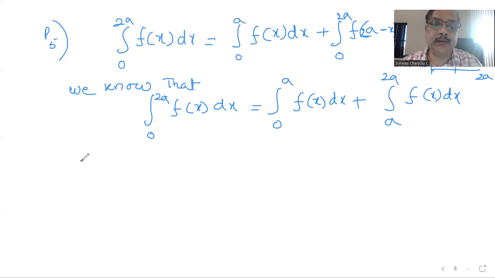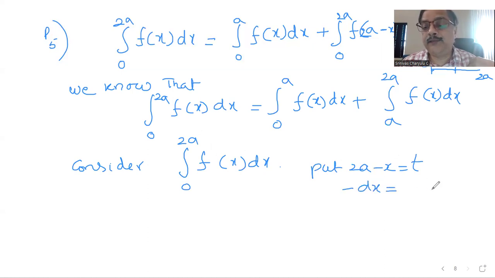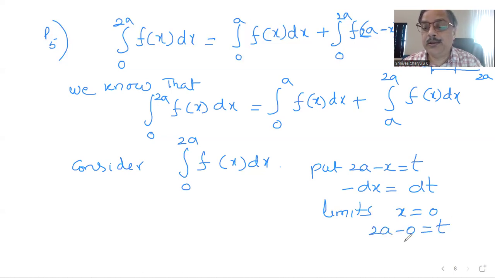So now consider the second. Consider integral 0 to 2a f of x dx. Let us consider this one. Then put 2a minus x is equal to t. Then differentiating both sides will become dt. Then limits. x is equal to 0: if you put it, 2a minus 0 is equal to t, or t is equal to 2a. If you put x is equal to 2a, t is equal to 0. So our sum now became